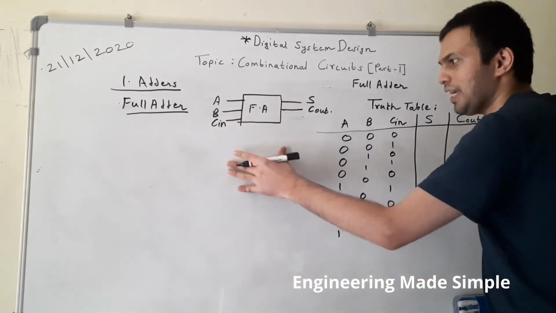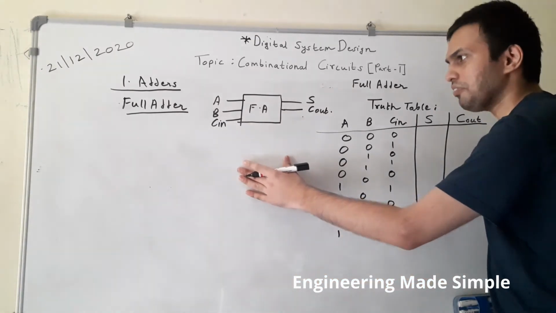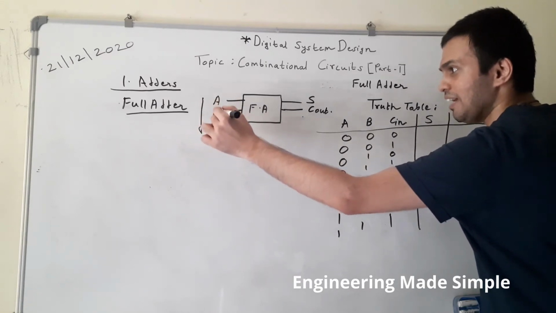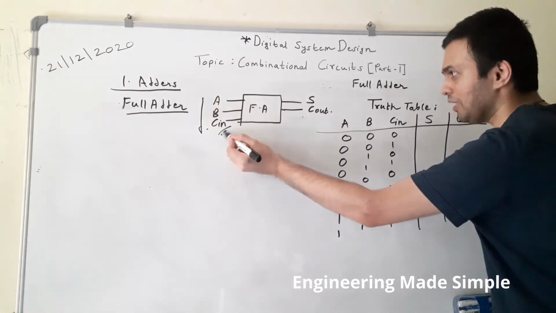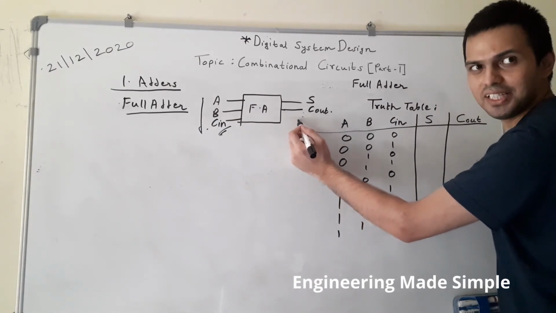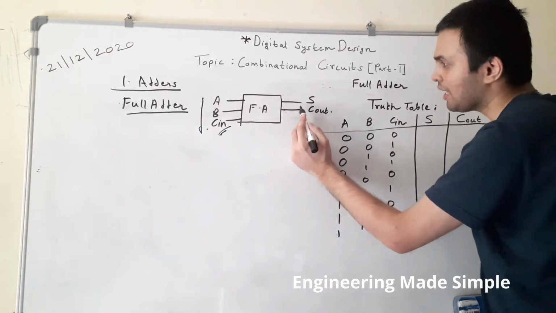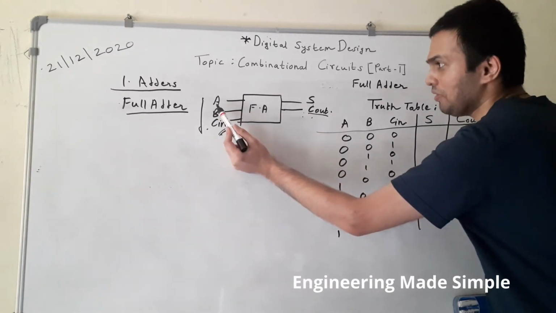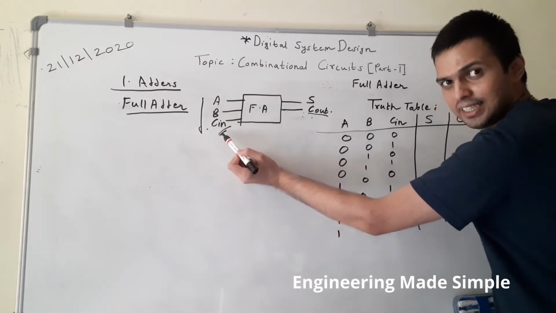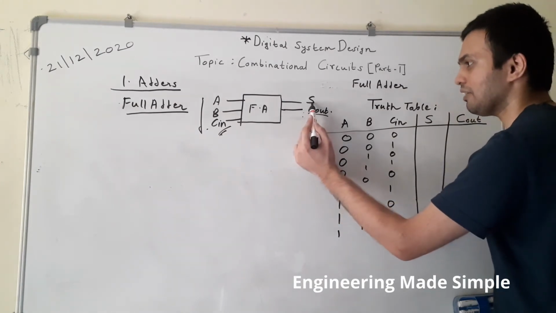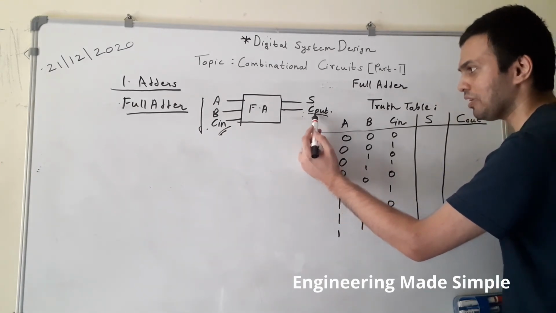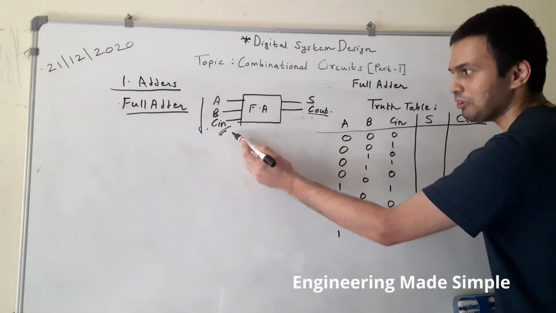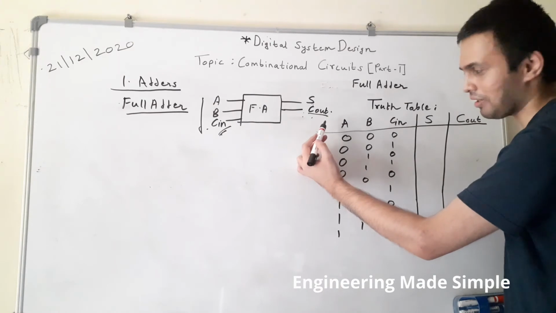Okay, now we are discussing the full adder circuit. What is a full adder circuit? It is used to add 3 single bits, that is A, B and C in. These are the 3 single bit inputs, and as in the case of any adder, it will generate only 2 outputs, which are the sum and carry output. As there are 3 inputs, I have used the terms A, B and C in as input variables, and the sum will be denoted by S and the carry by C out. I have written C out because I want to distinguish between the input and output variables.